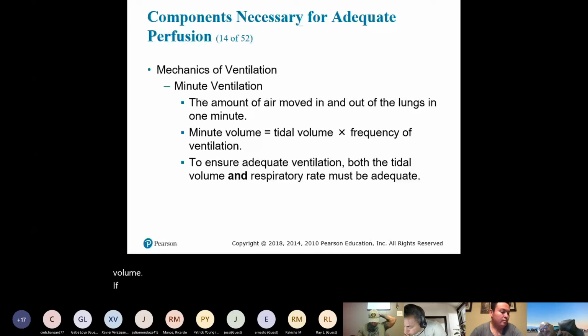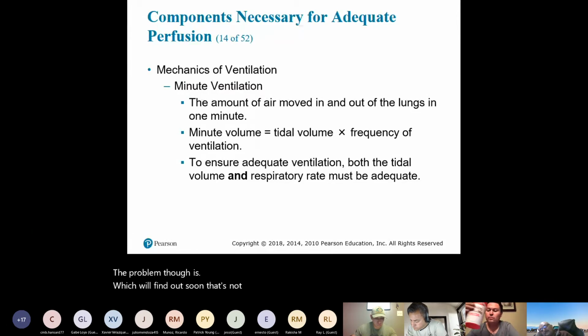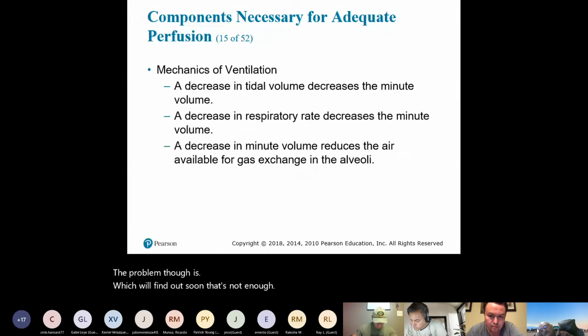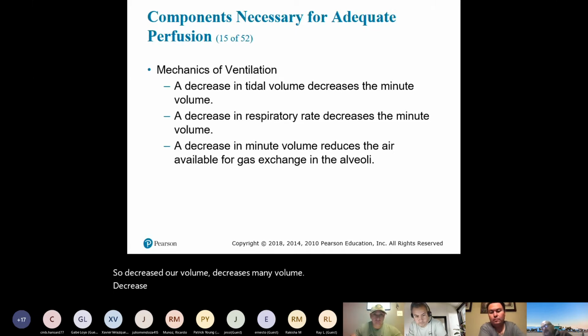If Steve is breathing at 28 times a minute, but because he's breathing so fast, his tidal volume's only 350. The problem, though, which we'll find out soon, is that's not enough. We have to have adequate numbers. So decreased tidal volume decreases minute volume, decreased respiratory rate decreases minute volume. But the problem with a decrease in that minute volume